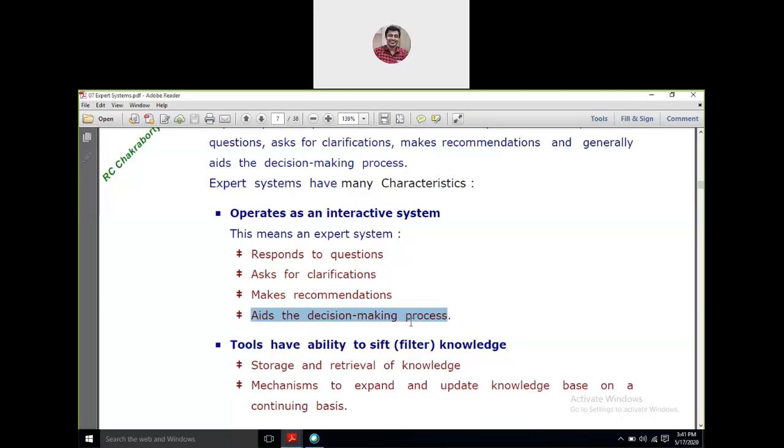There are a set of around 20-25 questions which you have to answer. What is your age and where do you stay? What is your travel history? How frequently do you go out? All these questions are there, and you have to keep answering them to the system. At the end, it will come up with a result like you have a very low chance of contracting this disease. These kinds of recommendation or decision-making systems are somewhat what you can call an expert system, right? So this is one of the examples.